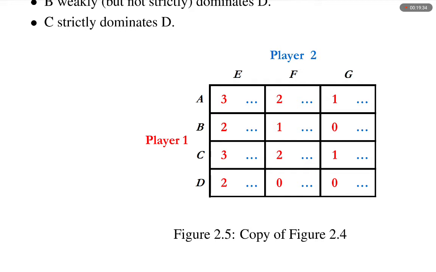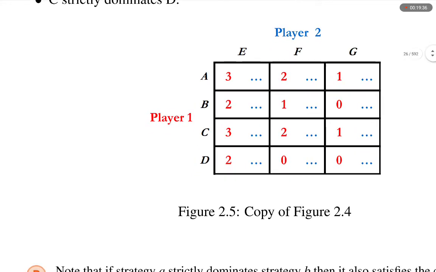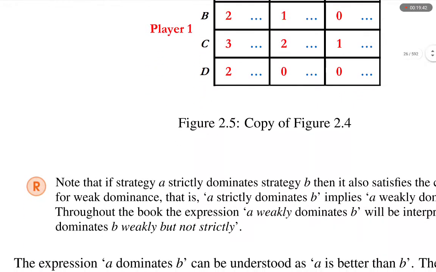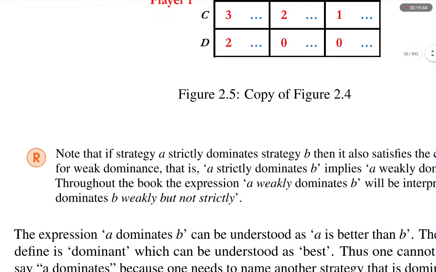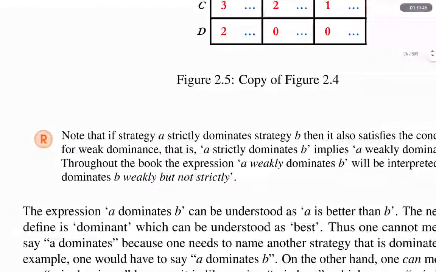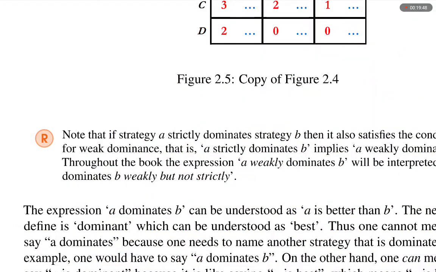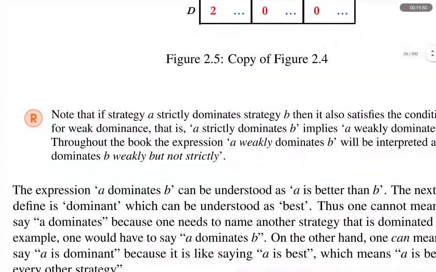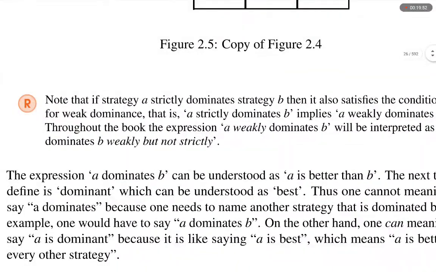Strategy C has 3, 2, 1. And strategy D for player 1 has 2, 0, and 0. Figure 2.5, copy of figure 2.4. On terminology: